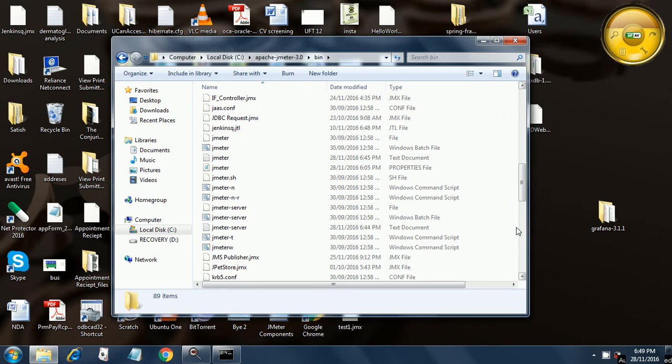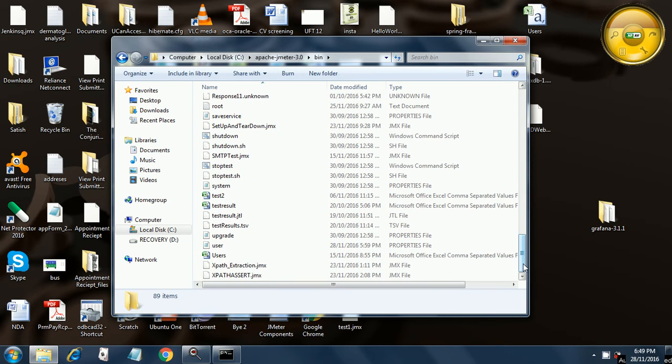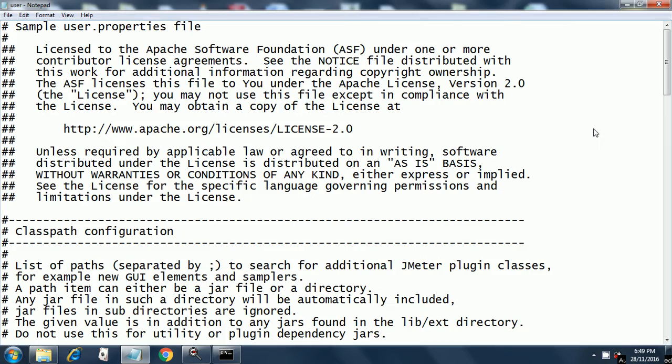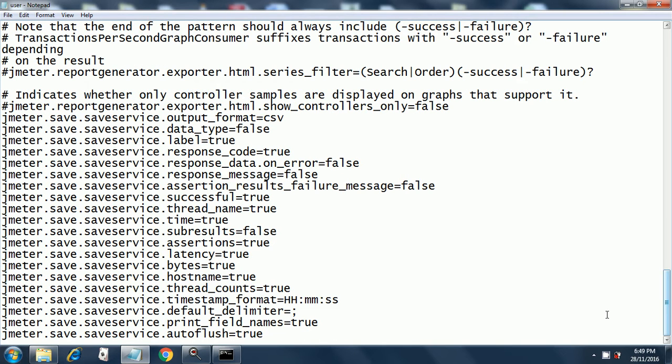The first file to modify is user.properties. Just go to user.properties and double click that, and here you see user.properties with a lot of data, and then I have added this data over here.